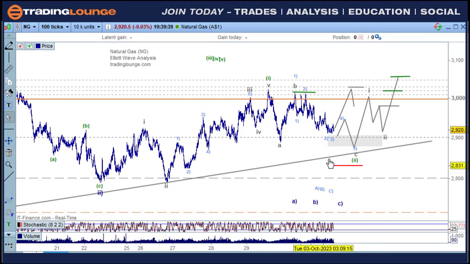But even if it does do that, I'm not going to chase it. I have to wait for 5 waves to go up there and then pull back again, you know. So anyway, patience is the solution for this. But if you've got a position in it, I just stay in it. If this trend line here became the resistance, so a move below the trend line, then I'd put the stop under here like that, you know.